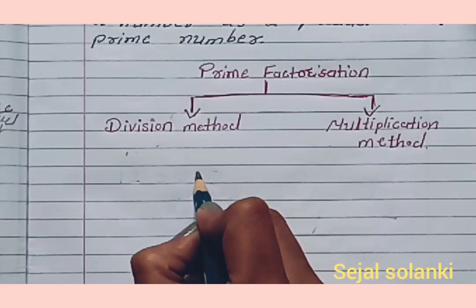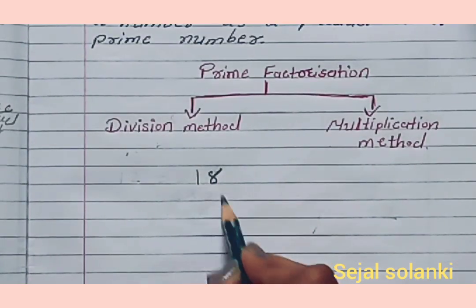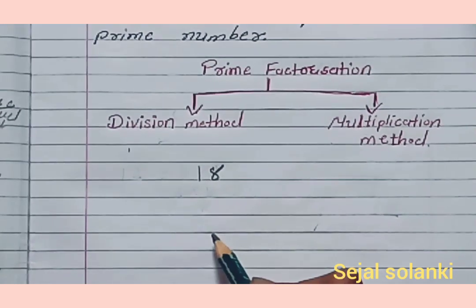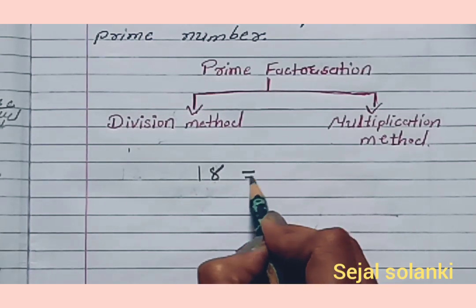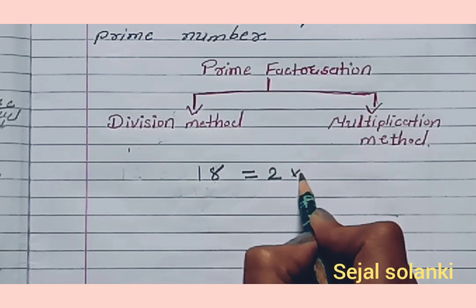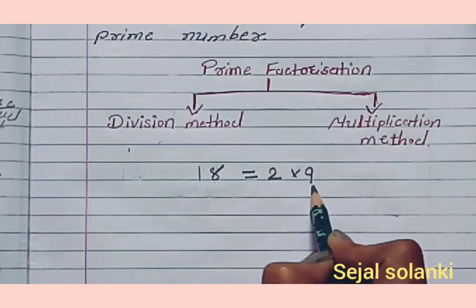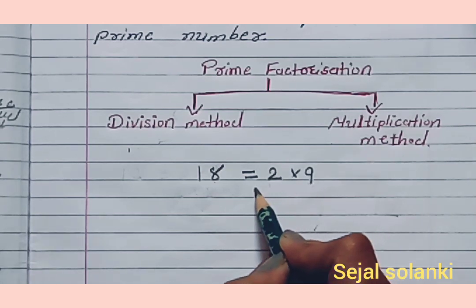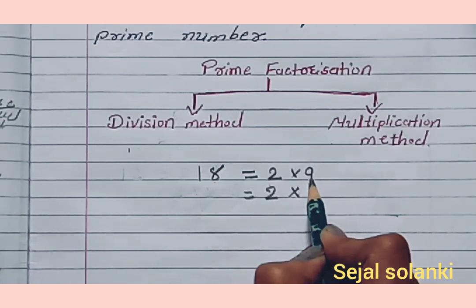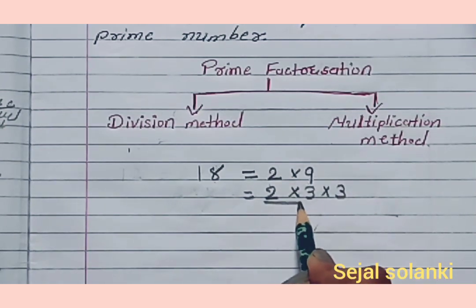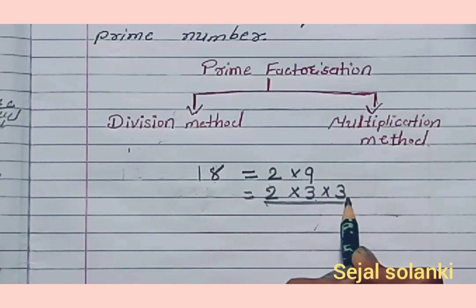Let's take another number, 18. 18 is a composite number. Why is it composite? Because it has more than two factors. Now we can break it up first: 2 nines are 18. Okay, 2 is a prime number but 9 is not a prime number, it is a composite number. We can break this 9. So let's break 9 as 3 threes are 9. So with this 2, 3 and 3 we break up 18 into prime numbers.